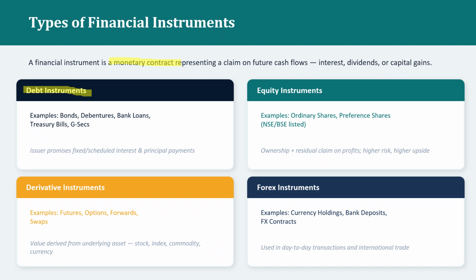Common examples of debt instruments include bonds, debentures, bank loans, treasury bills, and government securities. So if you buy a bond, you are effectively lending money to the issuer, which could be a company or the government, and in return, you are entitled to periodic interest payments and the repayment of the face value at